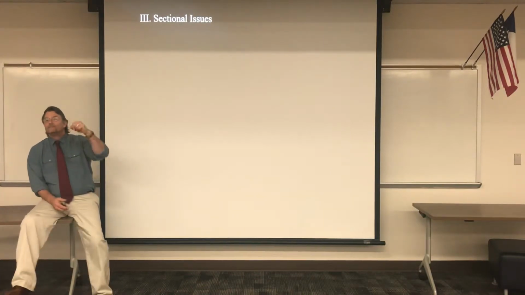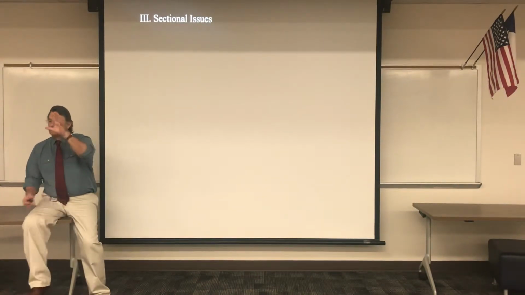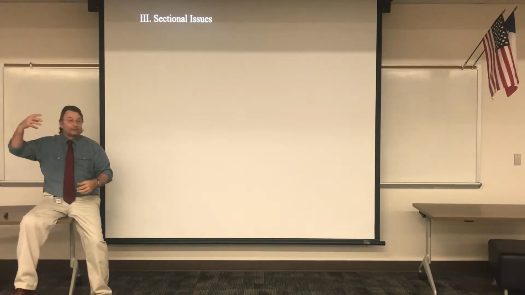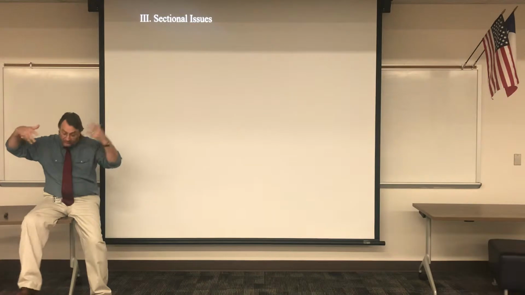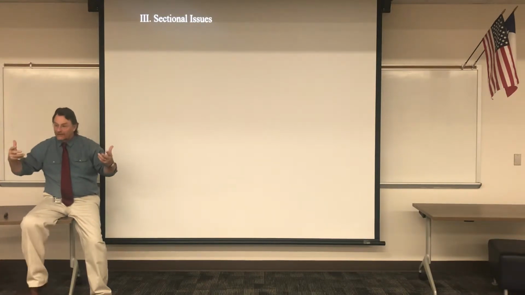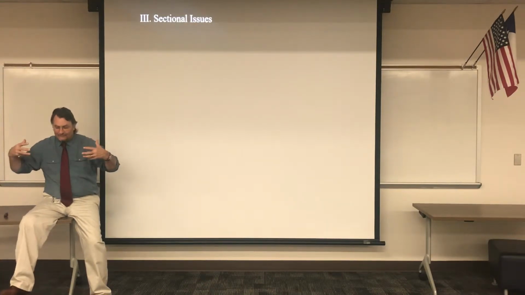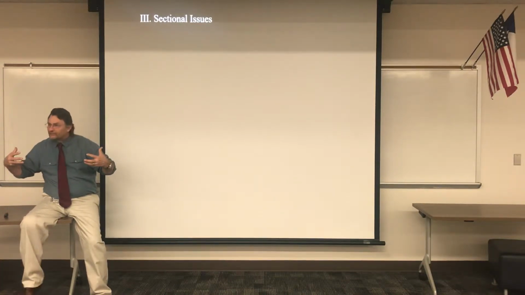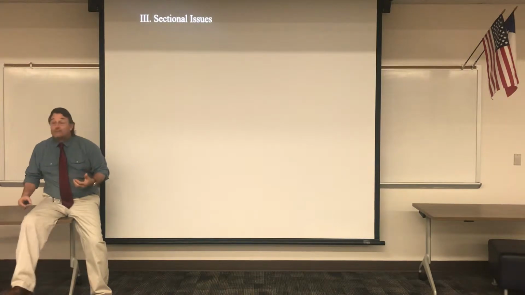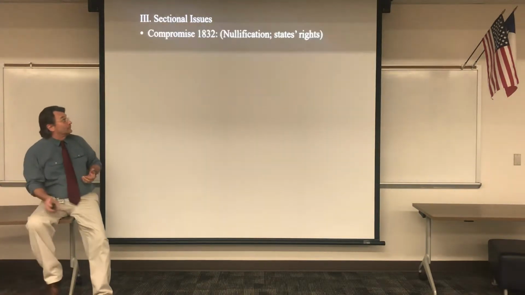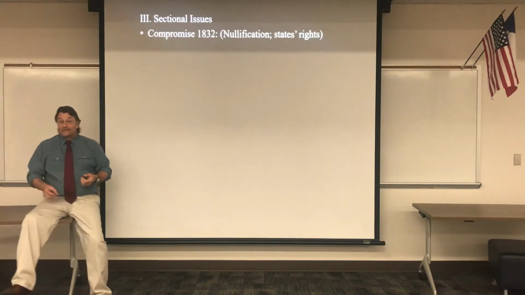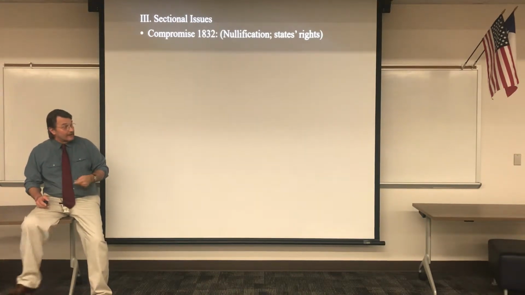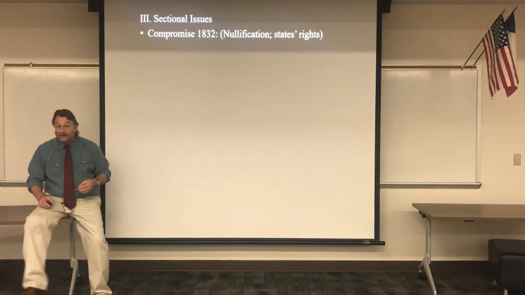You know, it's really weird. When you think about the United States being different sections, north, south, and west, and you think about the reasons they are different, obviously, when you go back, you're talking about slavery, things like this. It's confusing that there weren't more compromises to solve these problems. Actually, there aren't that many. The first big one was that one. This is the one that solved the nullification crisis. And you know it's got to be fun because Andrew Jackson was involved.